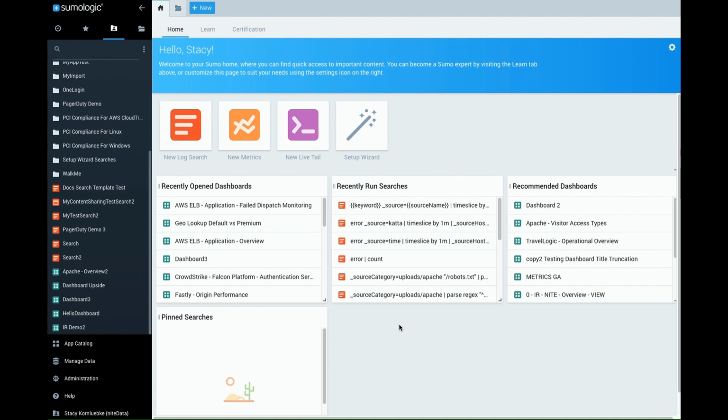It used to be that when you shared content in Sumo, you had to share it with your entire organization. But now you can limit who has view, who has edit, and who has manage access on your searches, dashboards, and folders. Let's go ahead and take a look at some of the visual changes you will see, starting with